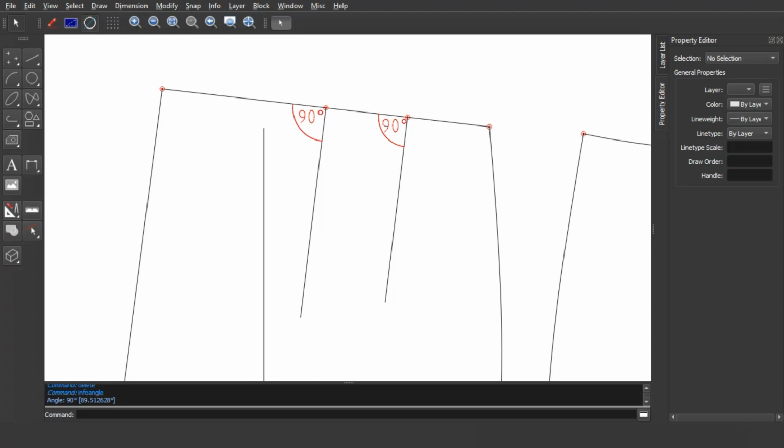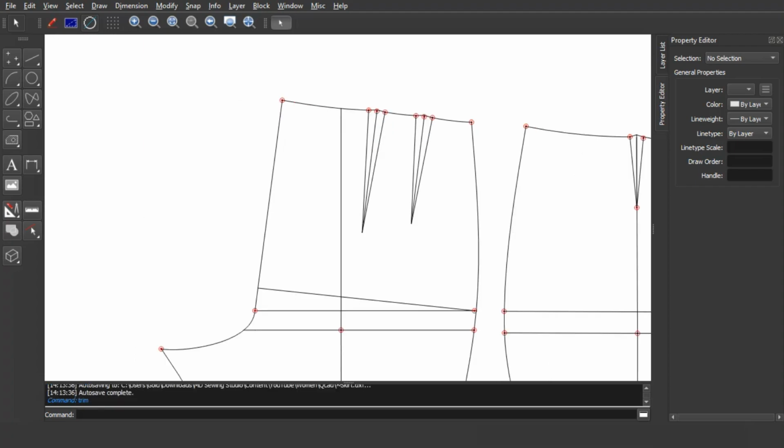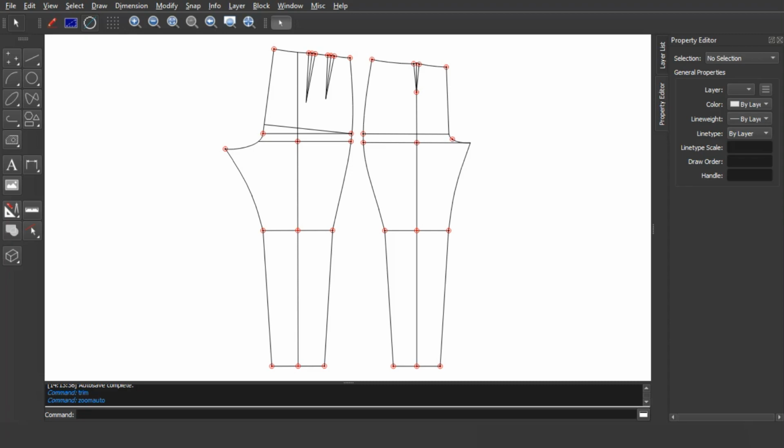Move the back dart to the center of the waistline. If you have 2 darts, move the other dart to the midpoint between the main dart and the side seam. The darts should be perpendicular to the waistline. Close the darts and redraw the waistline so that it's a smooth curve. We are done with the back.